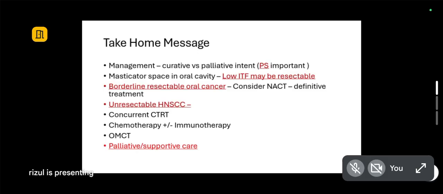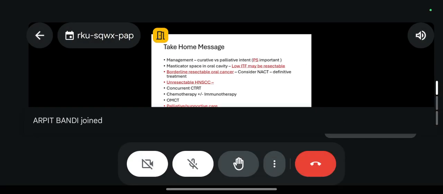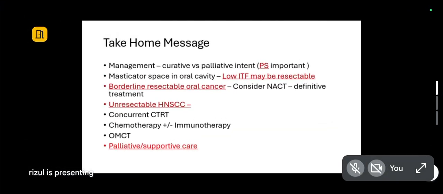So you are done with your presentation, Rizul? Yes, sir. So can you summarize, in a few lines, what you presented right now? The question is, what do you understand by advanced